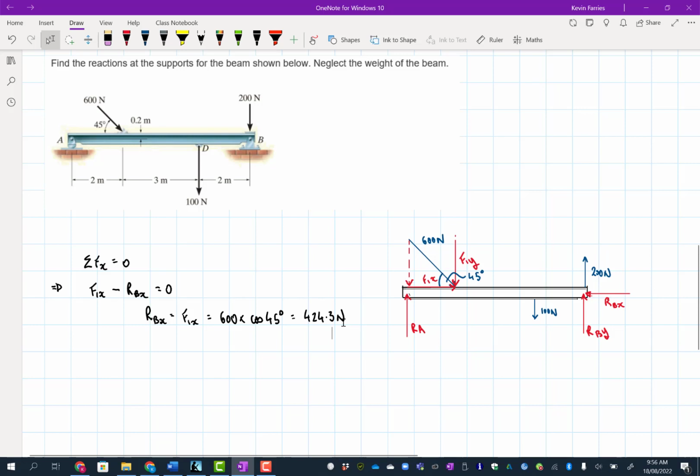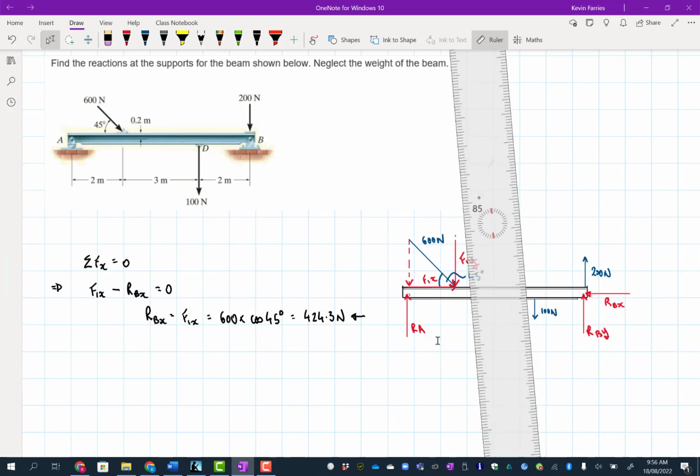And remember that RBX is a little tricky. You could think of it as being the magnitude, or you could think of it as trying to explain the whole vector, so we're going to give the magnitude and the direction. What you can do is just draw that little arrow like so. So it's 424.3 newtons that way. In an exam, I would accept that answer. It's just 424.3 newtons that way. But you might also want to answer